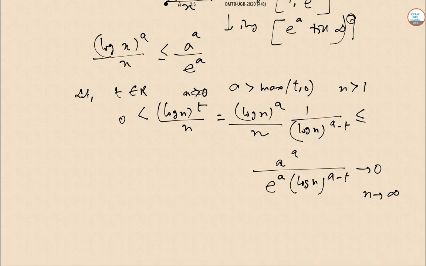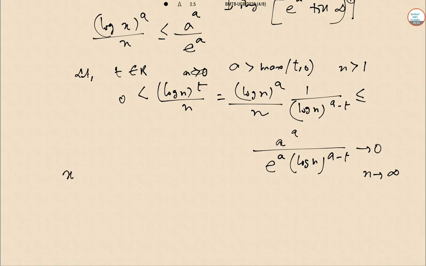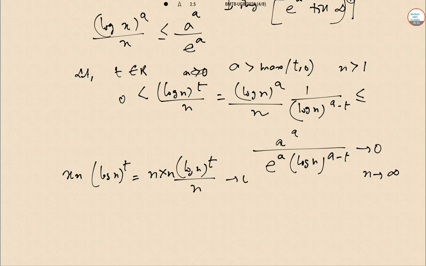Once this has been done, it follows that xn (log n)^t is n xn (log n) to the power t, this tends to 0 times 0, so equal to 0. So hence the final answer is 0. With respect to log, this one is quite a tougher one. In the next video we'll solve it from